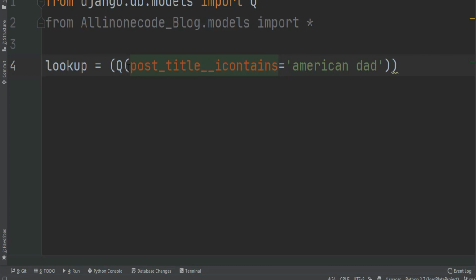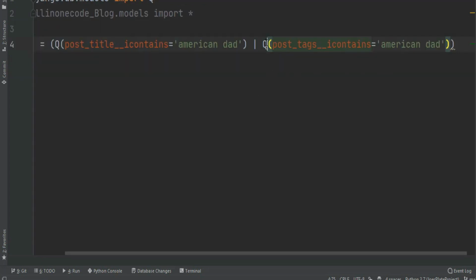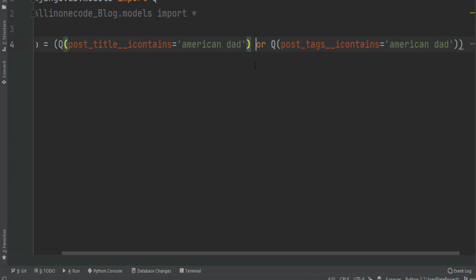Okay, so this was only one query. So let's create another query. Now in here I'm going to use the OR method. You can use AND or OR, if you know what I mean, Boolean operators. As you can see, I created another query after the OR symbol, or you can write OR, or you can just add the symbol.